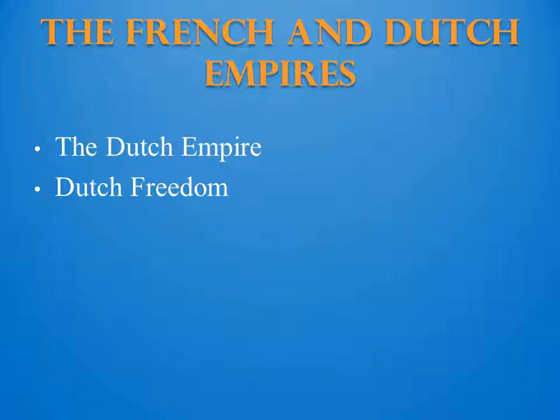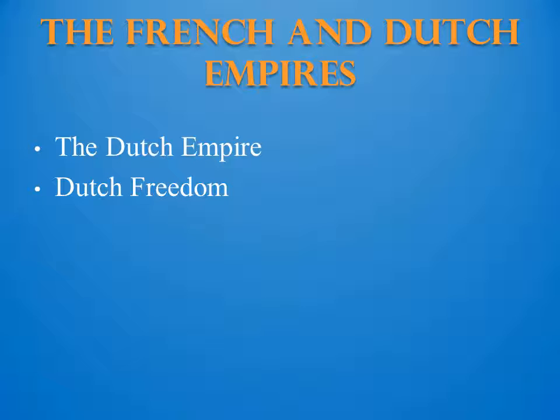Now we're going to take a look at the Dutch. The Dutch first came to the New World with Henry Hudson's exploration of New York Harbor and of the river that would come to bear his name in 1609, the Hudson River. That set the stage for the establishment in 1624 of New Amsterdam, the Dutch outpost on Manhattan, which became the basis